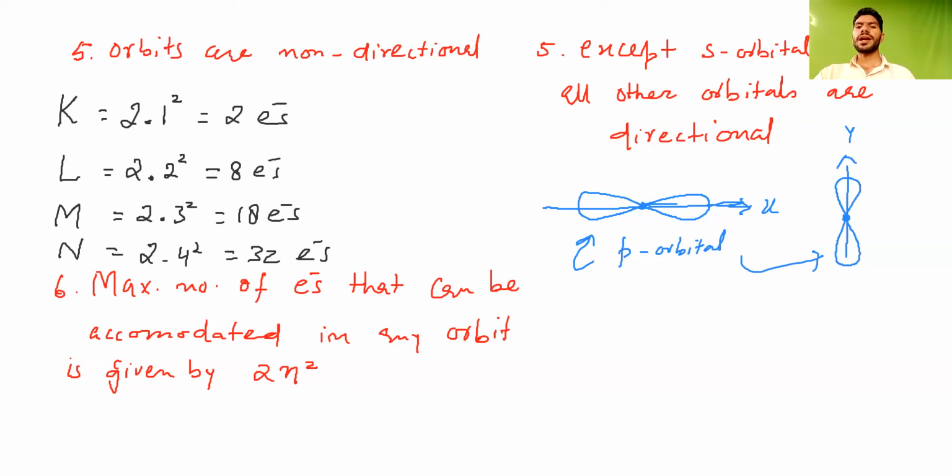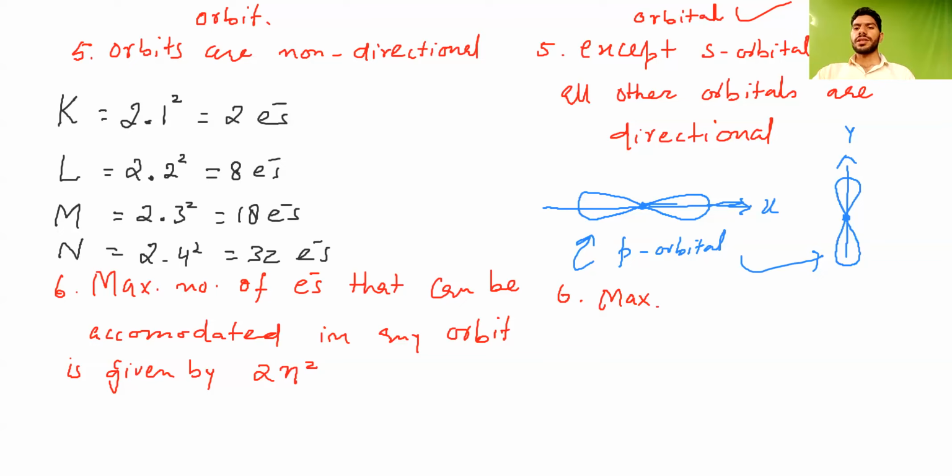But can you tell me how many electrons can be accommodated in an orbital? This one is the orbital, and this one is the orbit, right? Okay, so can you tell me how many electrons we can accommodate in a particular orbital? Can anybody tell me among you? How many electrons can be accommodated?